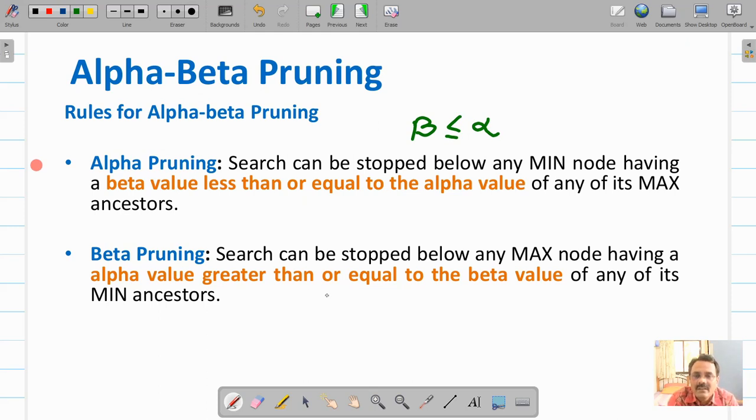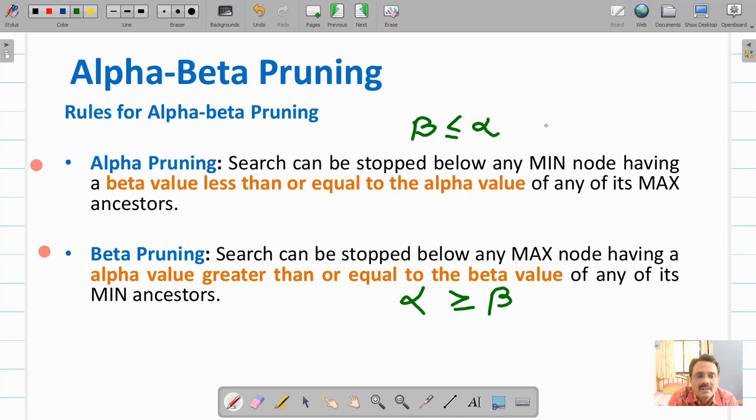And similarly beta pruning will be done below the max node when the value of alpha is greater than or equal to the value of beta. The reason for that is, what is alpha? Alpha is the minimum that I, the max node, can take from the minimizer node, and beta is the maximum that the minimizer can give to the max node.